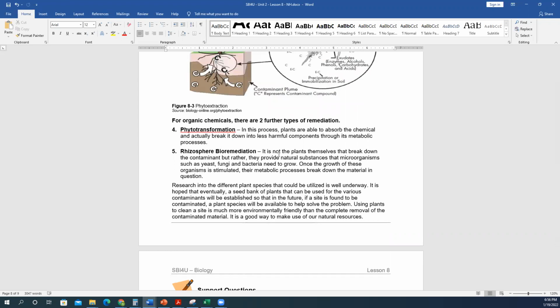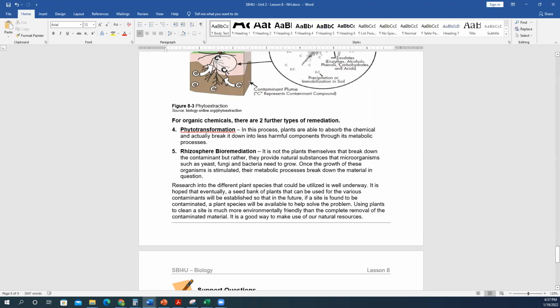In phytotransformation, in this process, the plants can actually absorb that chemical and actually break it down. So not just take it up and hold on to it in their stems and leaves, but actually take it up and break it down, chemically transform it to less harmful components by metabolizing it. This would be